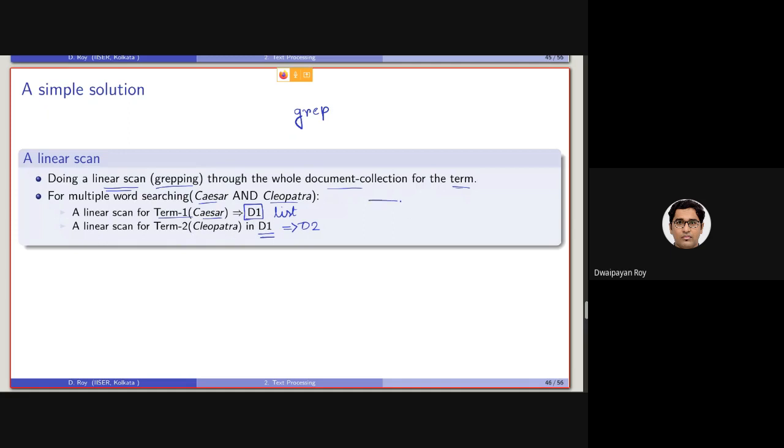So if I draw a Venn diagram, with this as the entire collection, first with the first grep I will select this set, which is D1, and then with the second grep I will select this set D2.